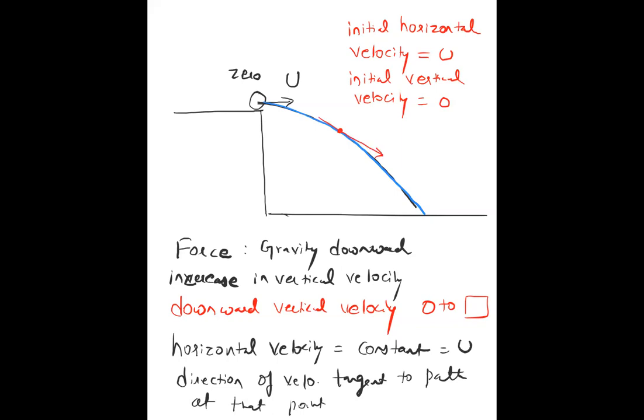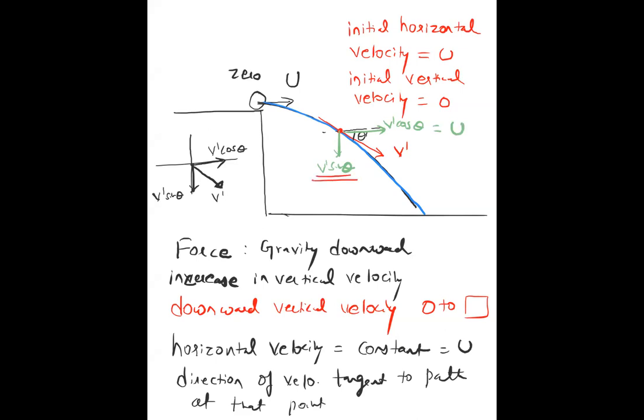So this velocity at any moment, suppose it is v dash, has two components. Since it is coming in the fourth quadrant, as I told you earlier, it will have two components, one horizontal and one vertical. Suppose this angle is some theta dash. So v dash will have a horizontal component, which is v dash cos theta, and a vertical component, which is v dash sin theta. One is v dash cos theta in the positive direction, another is v dash sin theta in the negative direction. This v dash cos theta is the same as u. As I told you, the horizontal velocity remains the same.